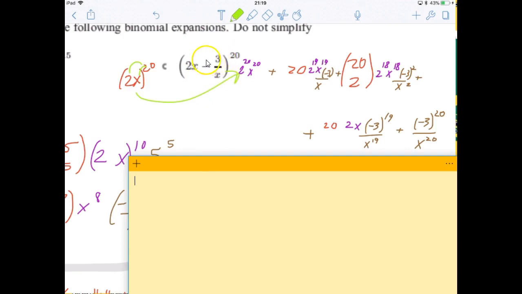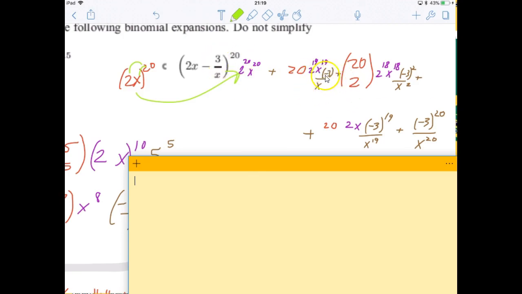It's often useful to pretend that this minus sign actually is a negative sign that goes with the 3, so 3 over x, and assume that it's like addition of a negative number. And then what you do is you take the negative 3 over x and you put it in for the b. And remember, the first b term is b to the 0, so it doesn't matter what b is for the first term. The second term would be b to the first power, so it would be just negative